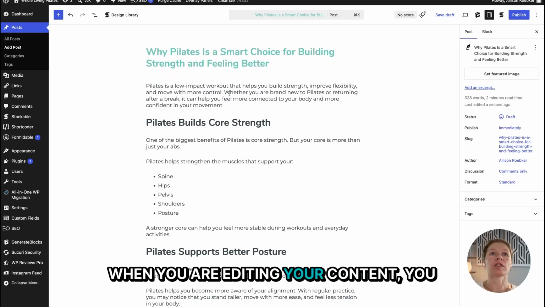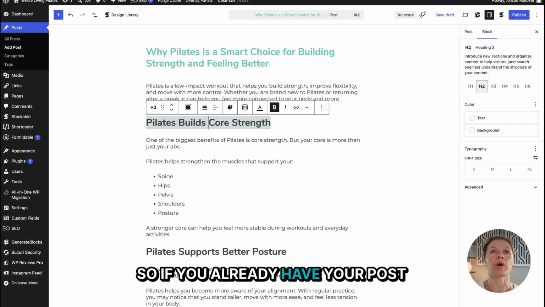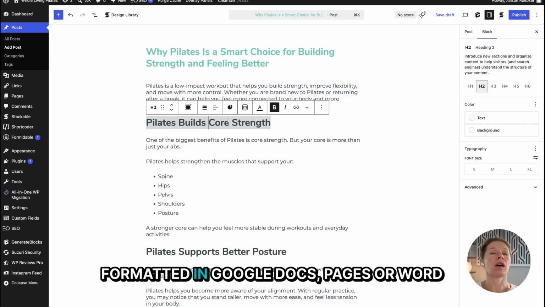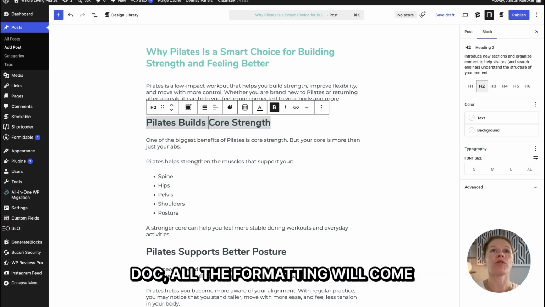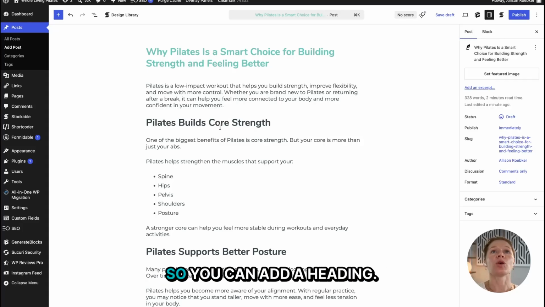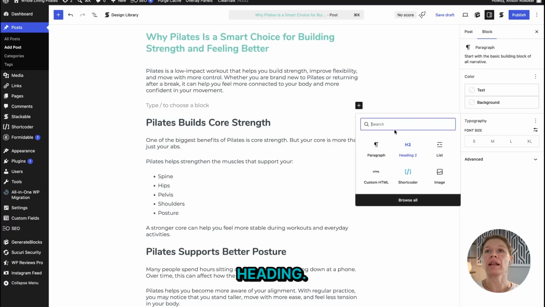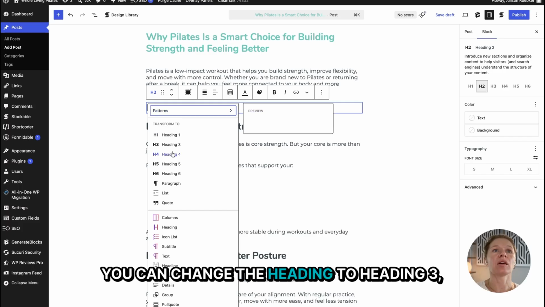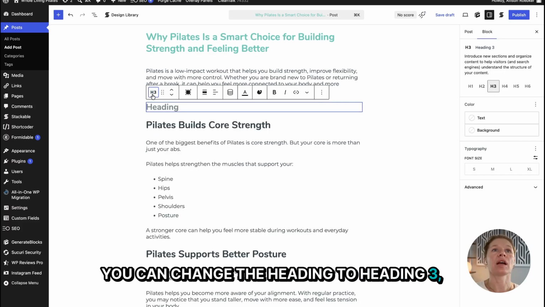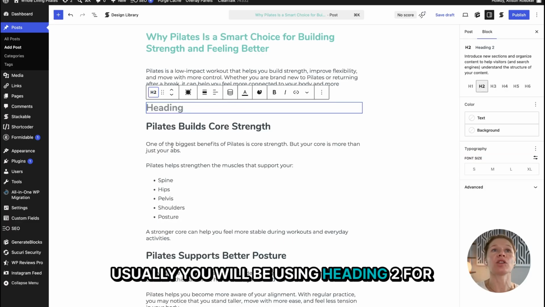When you're editing your content, you can add different titles. So if you already have your post formatted in Google Docs, Pages, or Word doc, all the formatting will come through on this side as well. So you can add a heading. If you want to add a new element, we'll click Enter. Heading. You can change the heading to heading 3, heading 4. Usually, you will be using heading 2 for most